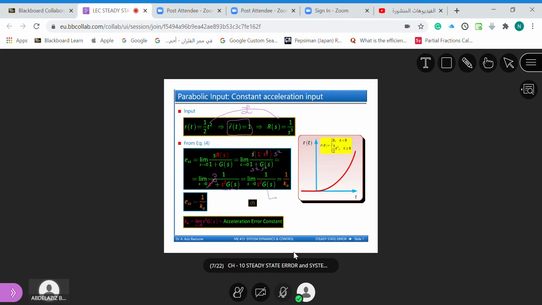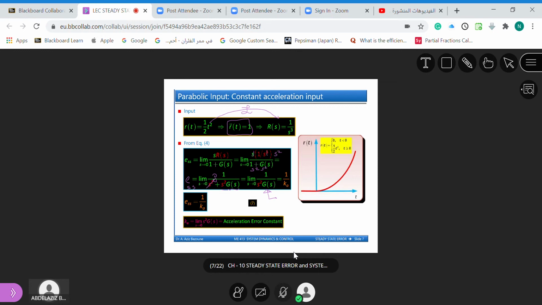Depending on the expression of G of S, if G of S is equal to 1 over S, it depends on G of S. So it's better not to touch it and leave it like this. And we'll say the steady state error will be equal to 1 over KA, where KA is given by this,